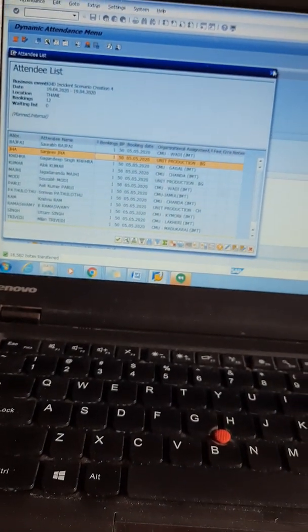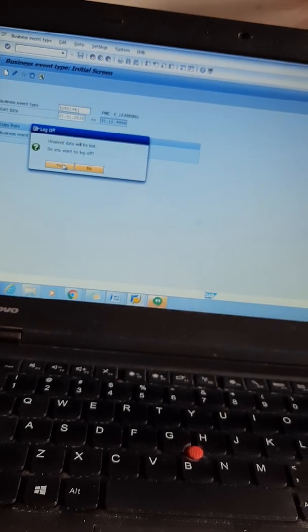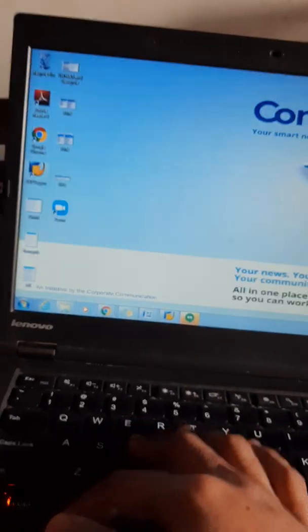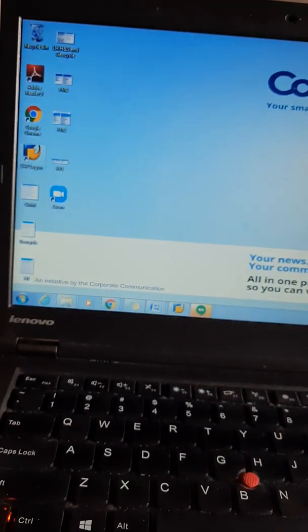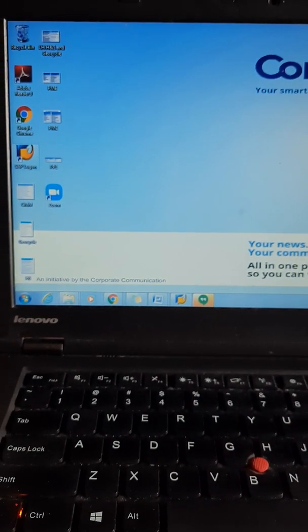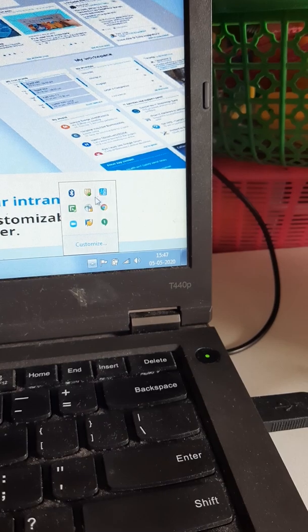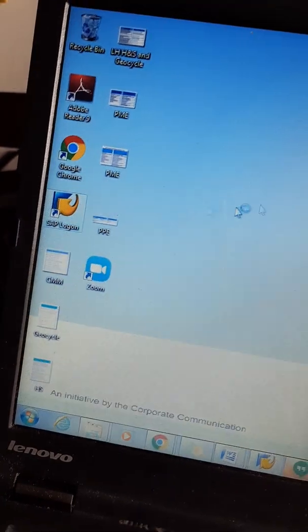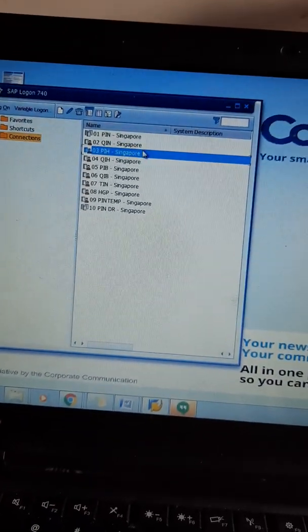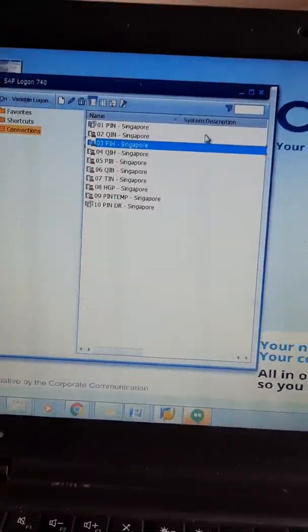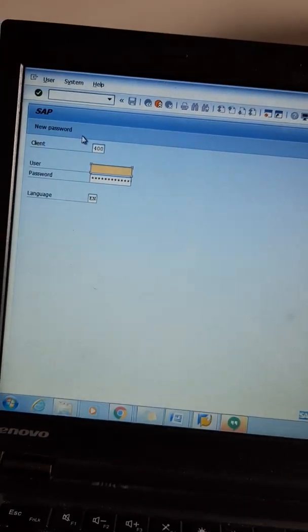I'll just reiterate everything once more. You all know, whenever you want to log into SAP, your VPN has to be connected. You know where to see the VPN. You will go here and check if the VPN is connected. Once the VPN is connected, you will get into the SAP portal, and into the PIH server, which is the production server. You will double click over here and log in with your defined user ID and password.